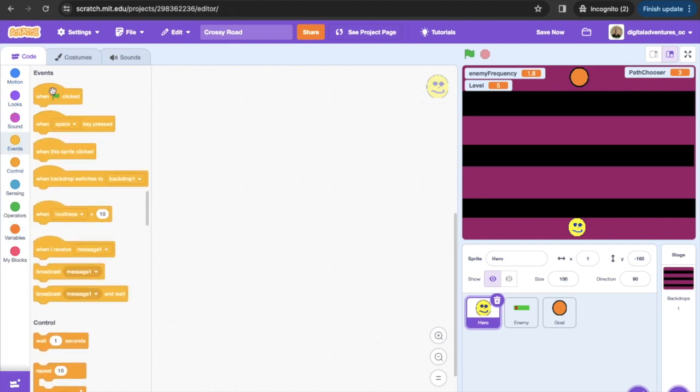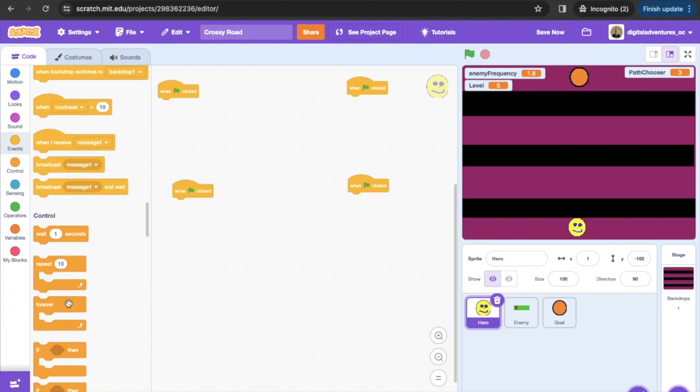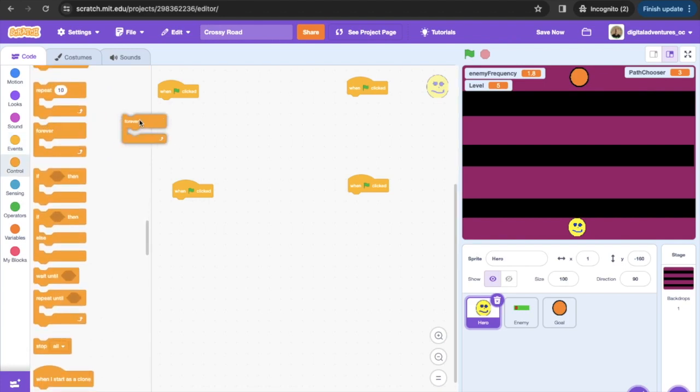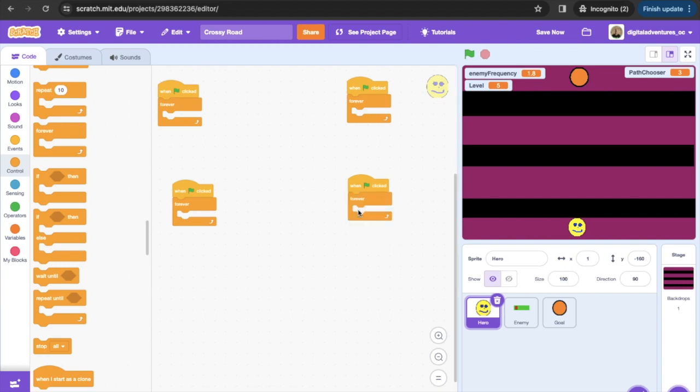So we're going to go into events. We're going to get ourselves 4 when green flag clicked. This is what's going to actuate our up, down, left, and right arrow keys. Then we're going to get a couple forever loops from control for these. Going to pair these right up here. And then inside these forever loops, we're going to put some if-then conditional statements. So we're going to get 1, 2,